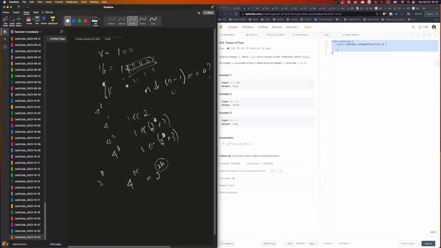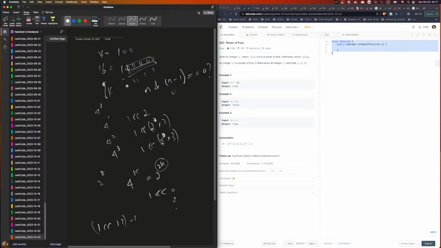Power of 4. The difference between power of 2 and power of 4 is the number of zeros. I really cannot handle power of without using a loop. I mean, I can't just write them all out, right? I can write them out. At the most, it's 1 left shift 30, 32, right? So the maximum is 1 left shift 32 minus 1. And I can do 1 left shift 0,